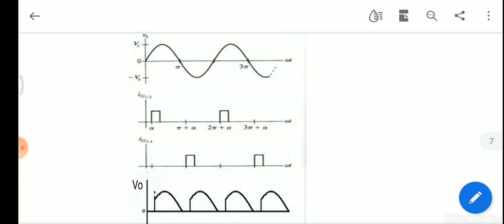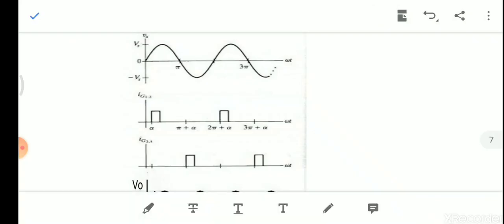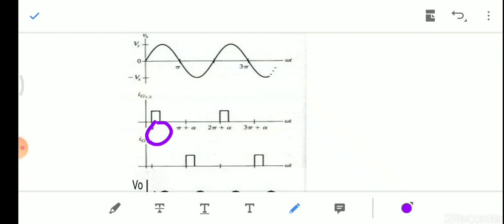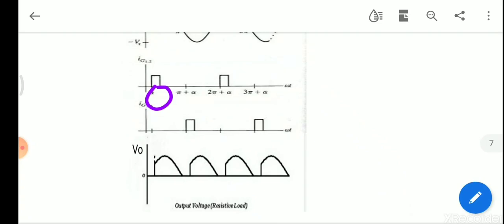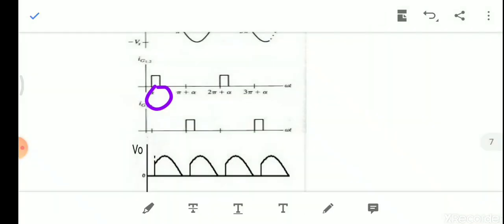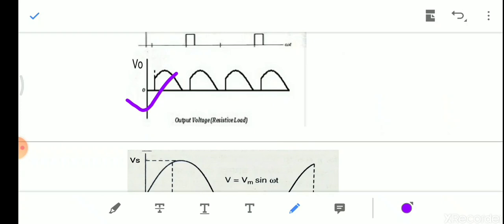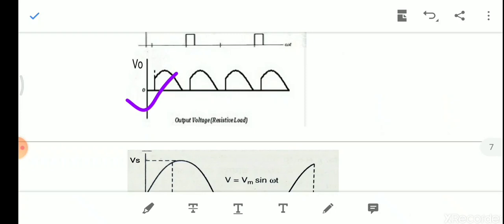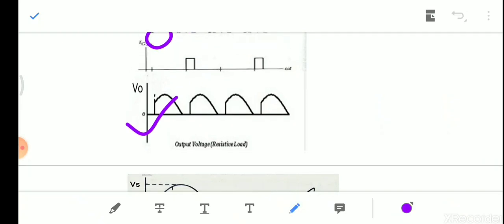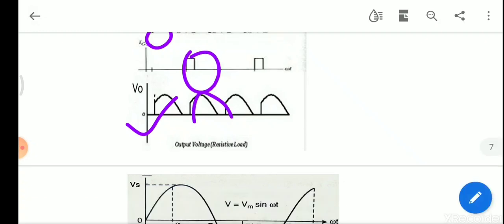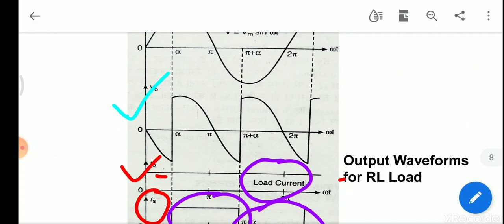This is very simple. When at an angle alpha, T1 and T2 are triggered, what will happen? The output will be like this. Okay, and when again T3 and T4 are triggered at an angle 2 pi plus alpha, what will happen? It will again follow the input, and the waveform will continue. Okay, so this was the lecture on